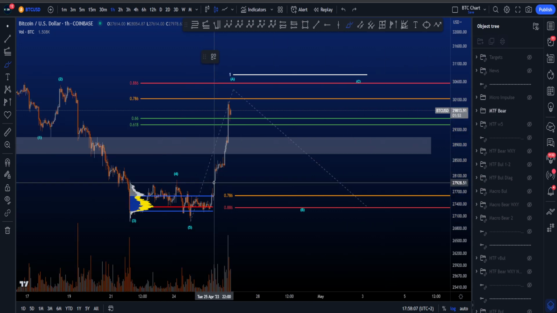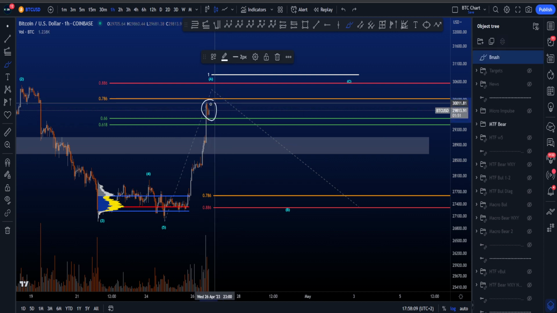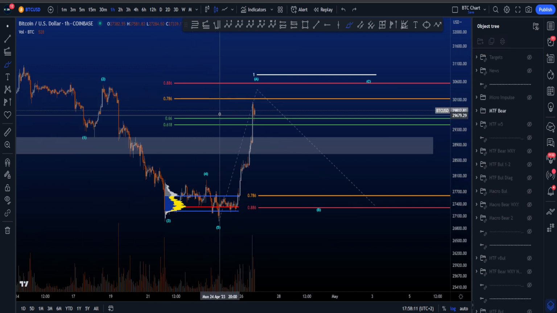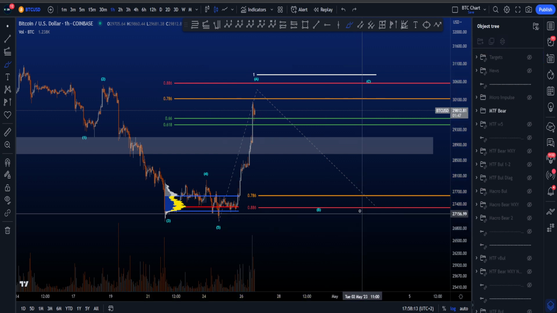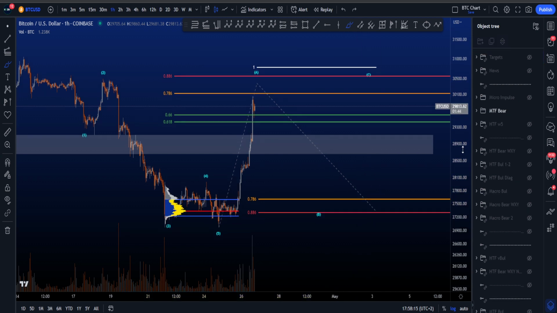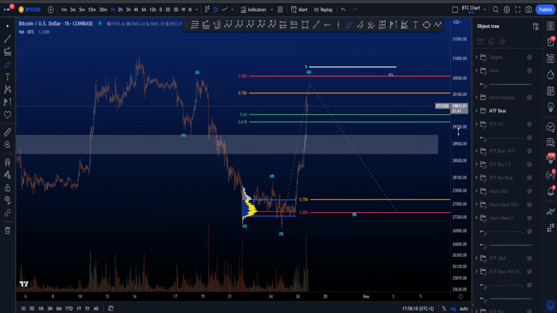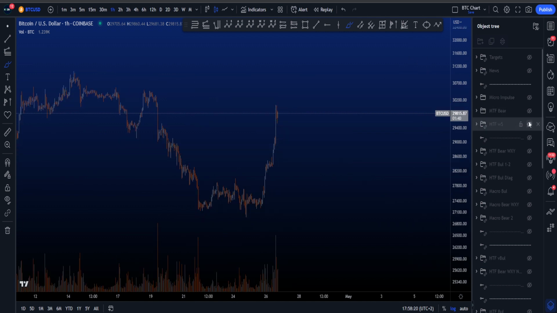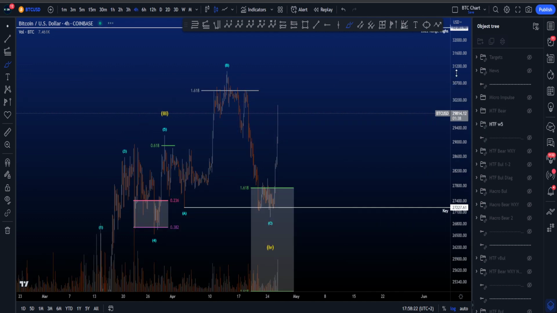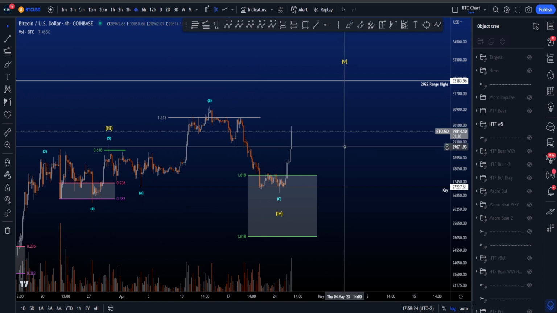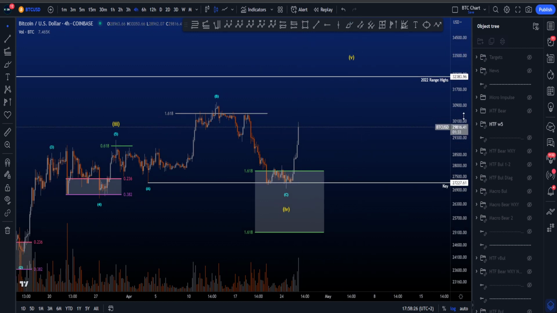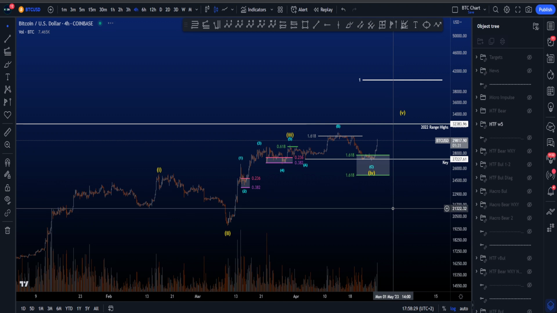Now, as I've just mentioned, I still expect more upside for this structure over here, which therefore makes this bearish scenario unlikely and therefore an alternative scenario, and at the moment not my preferred scenario. If we then look at my preferred scenario at the moment, between the bullish and the bearish scenario, I'm looking for a wave 5 to the upside in the structure that you see over here.